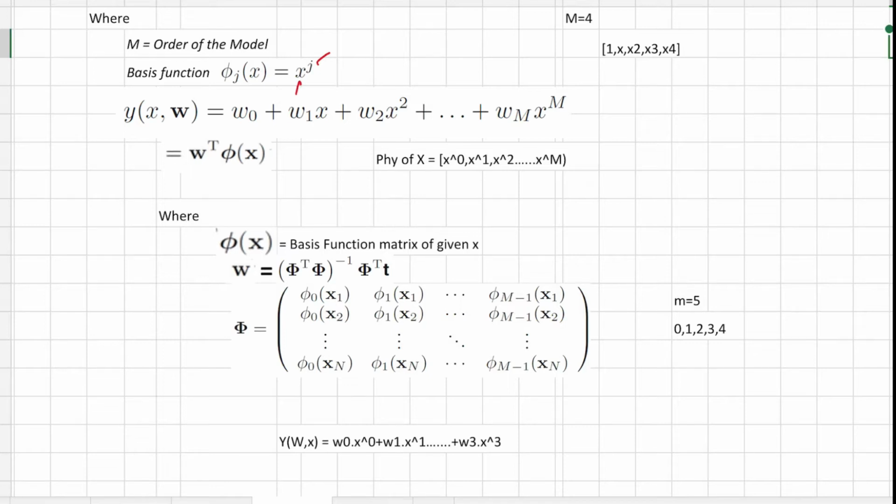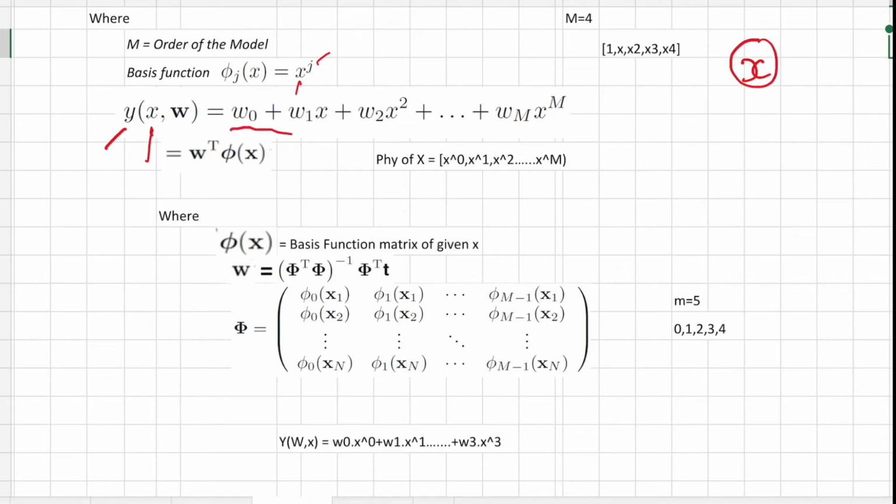In this video we will implement a method which will create the phi value of a given x. Prior to going further into the detail, I want to talk once again about the model itself. So we have the model, this y, and this y is a function of the supplied x, where x is